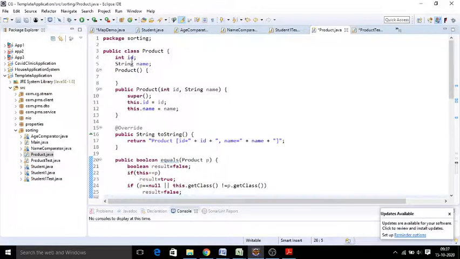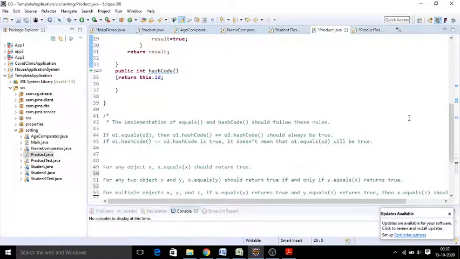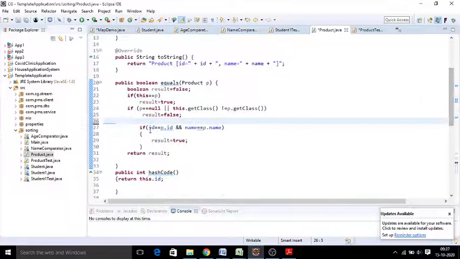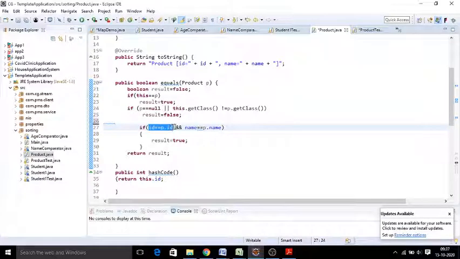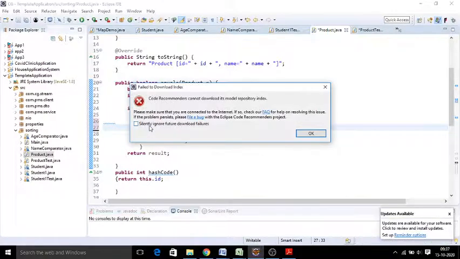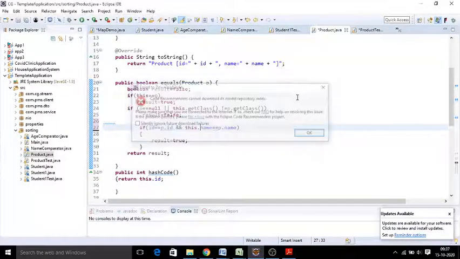For example, we have id and name. So how do we check it? this.id is equal to p.id, the id which is coming from here, and this.name is equal to p.name. You are comparing each and every attribute of that particular object, and only then you decide that the object is the same. That is how you take a boolean flag and make it true.